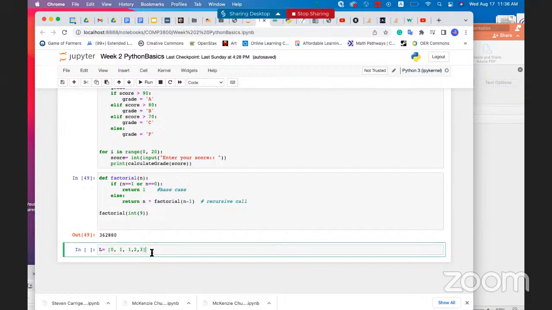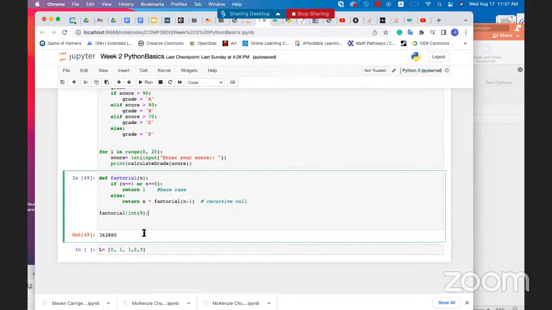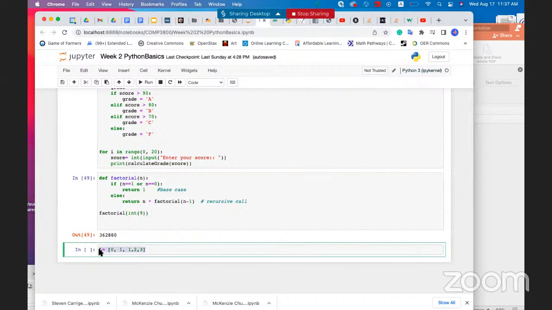Because Fn equals Fn minus 1 plus Fn minus 2. So this is a good case for a recursive function also. If we define this, we change this, we can do